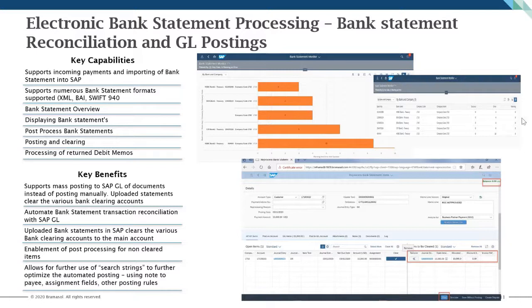You can have numerous bank formats as well, whether it be XML, BAI, SWIFT, or MT940. We're actually working with a lot of our customers and converting them all to XML, which is the global standard. It makes it a lot easier. You've got all those bank statement overviews. You see all the bank statements displayed in your bank statement monitor, as pictured on the screen, and all the automated posting and clearing. You also have the key benefit of supporting mass posting of all those GL documents